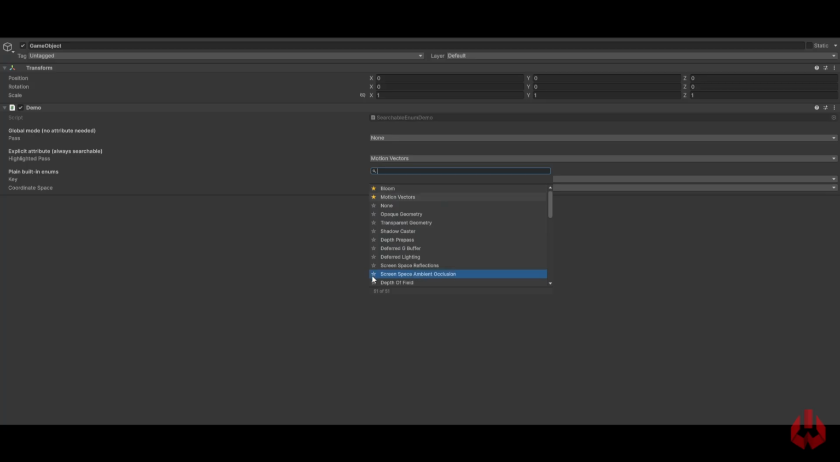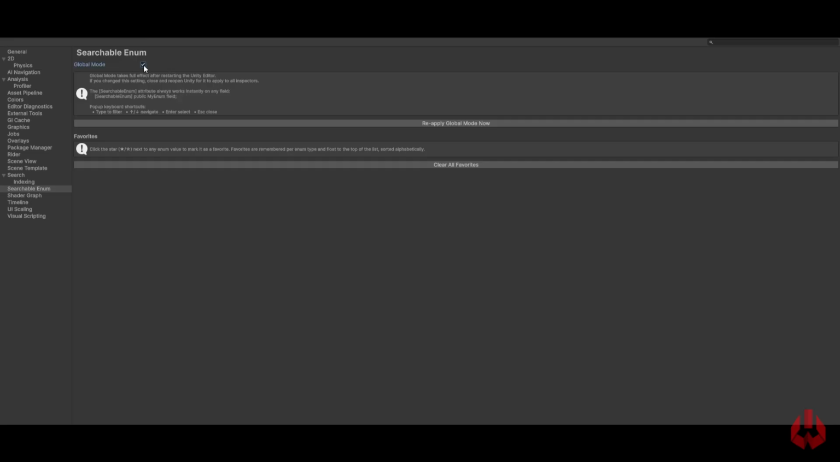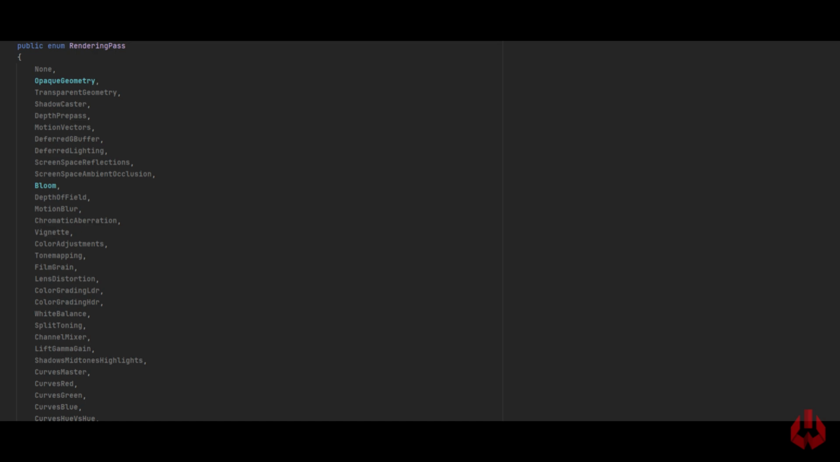The current value is highlighted, match counts update live, undo and multi-object editing work seamlessly, and there's absolutely zero runtime overhead. Enable global mode to make every enum in your project searchable automatically, or use the Searchable Enum attribute on